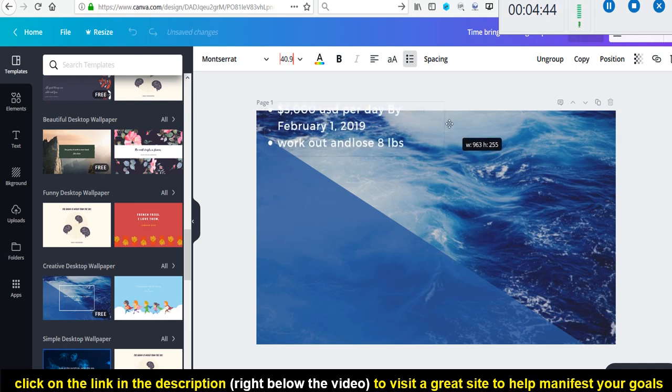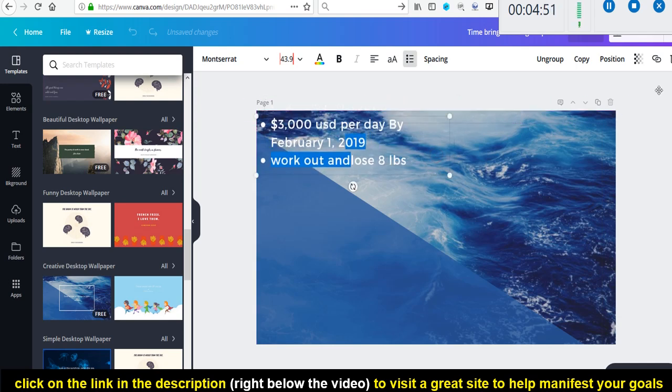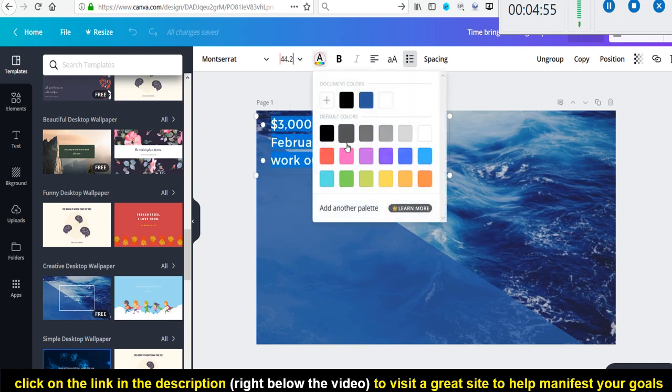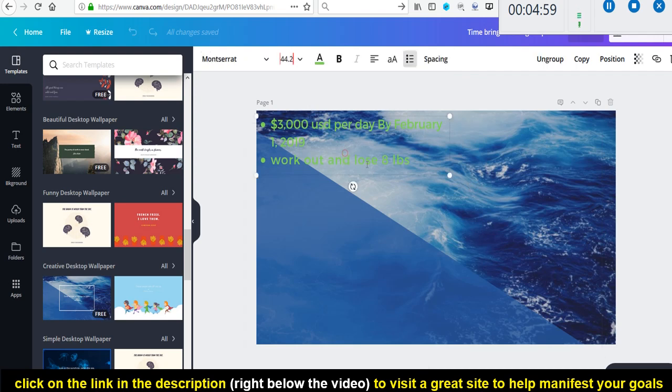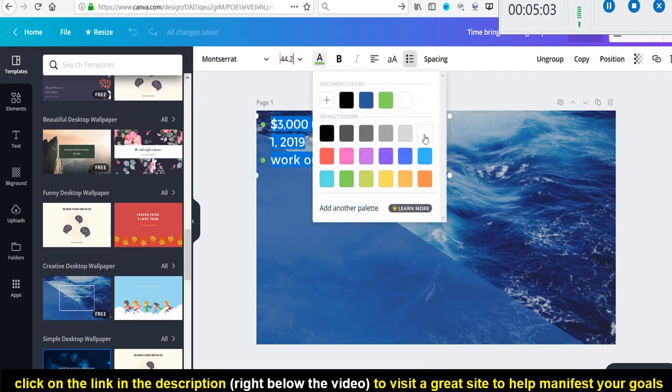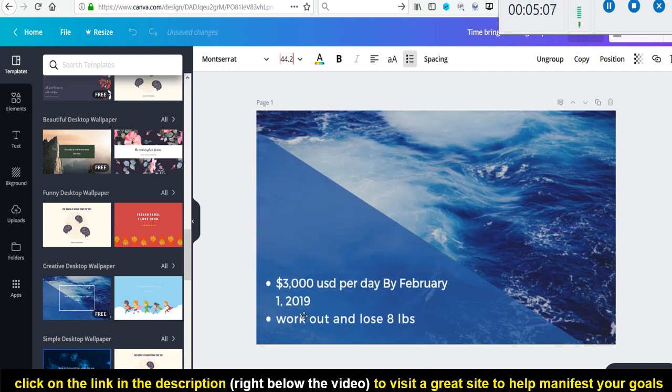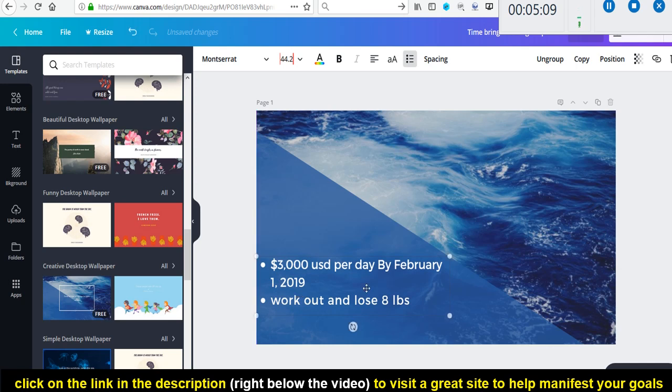So I'm going to stretch this. I want to stretch this out and then move this down. So when it's like this, you can drag it down like that. And if we want to change the colors, we can just click here, change the colors to anything we want. That's too hard to see. Probably white would be the best, I would think. And then maybe I can even move it down here where it's a little clearer. Okay, so there we go.